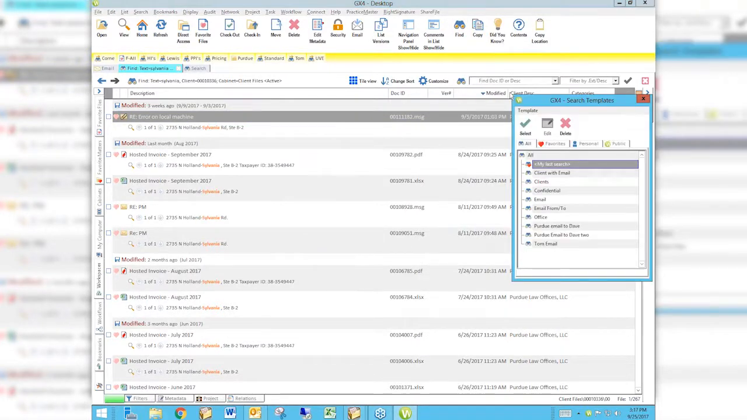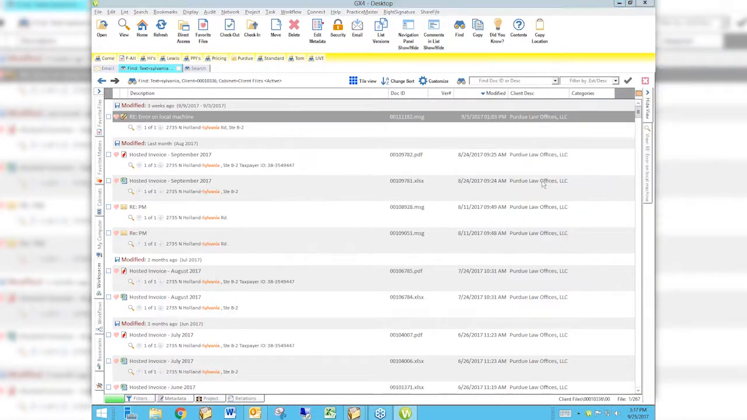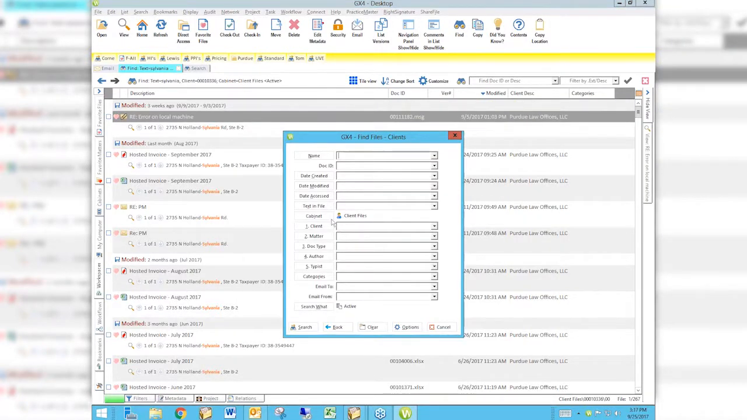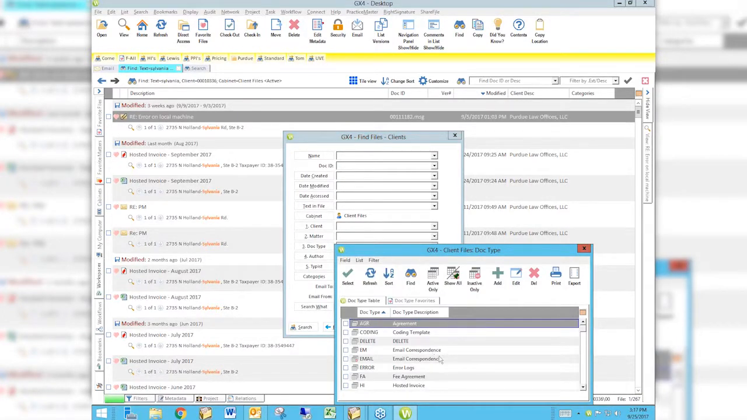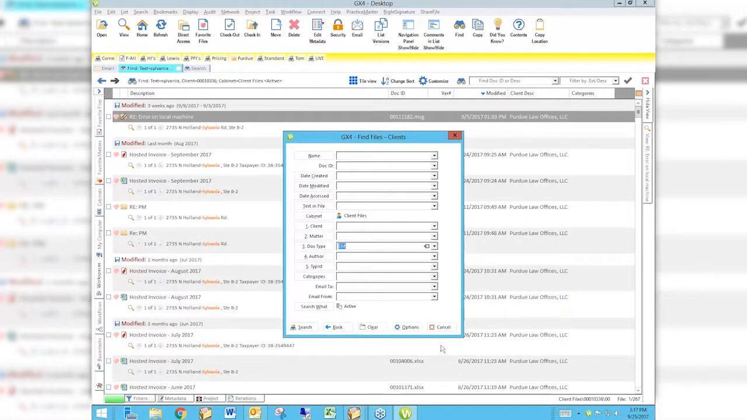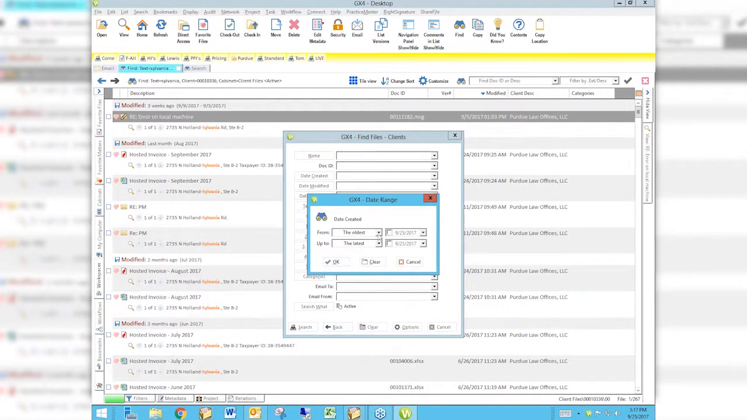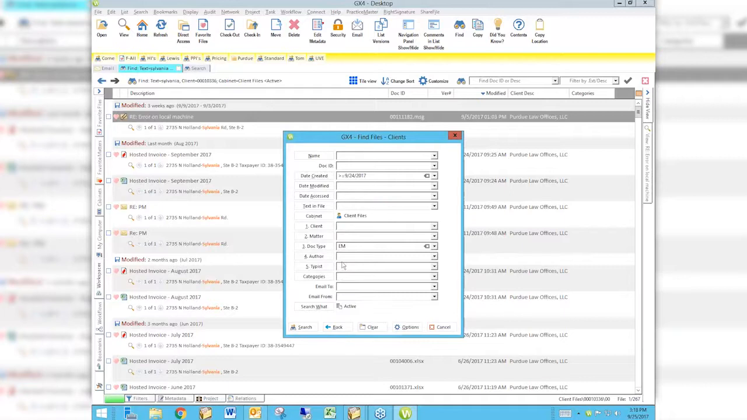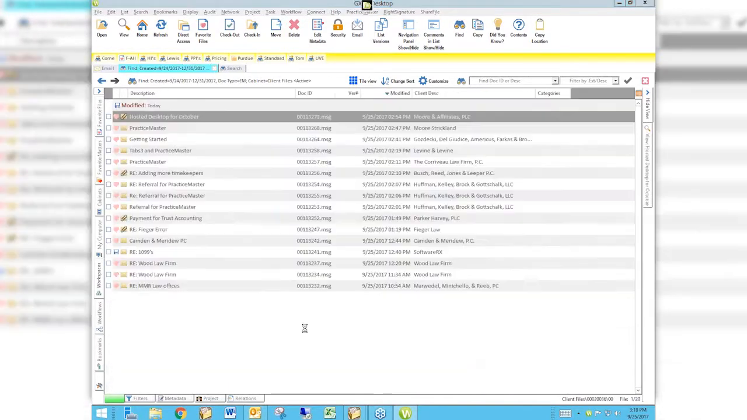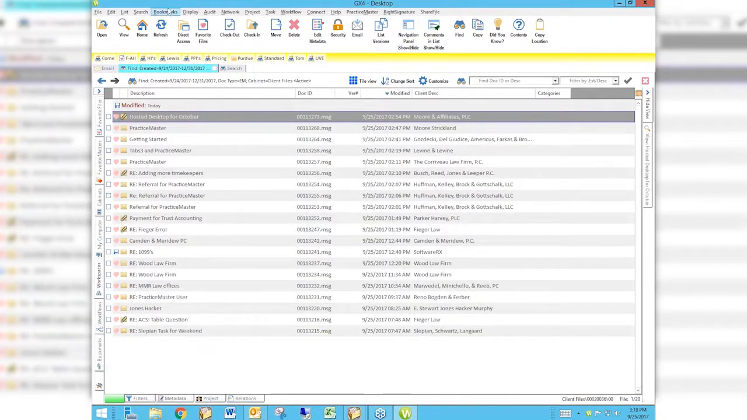Okay, so I'm going to start a new search, and I'm going to look for client letters, I guess. So we'll do it in clients, and we're looking for a certain doc type. We'll say correspondence, because that's, I think, what we have. Actually, we don't even have correspondence. We just have email correspondence, and I only want those that were created between yesterday and the latest. Okay. And now when I search, I get those. And if I add this bookmark,